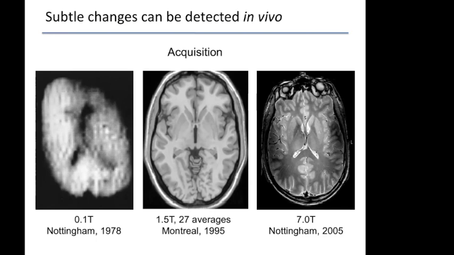But what's very impressive is that if you fast forward from 1978 to the early, or even less than 20 years, to the mid 90s, maybe even the early 90s, you're starting to go from images which have no contrast, so you can't differentiate which voxels are white matter, which voxels are gray matter, for example,